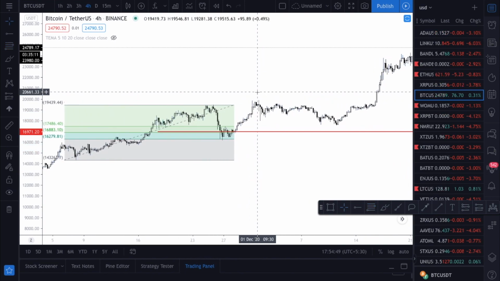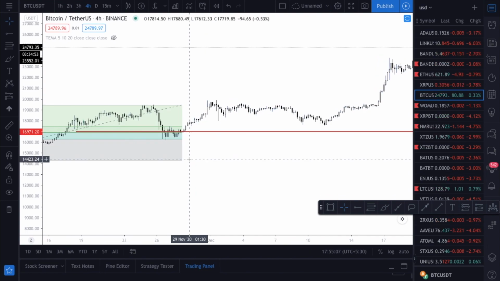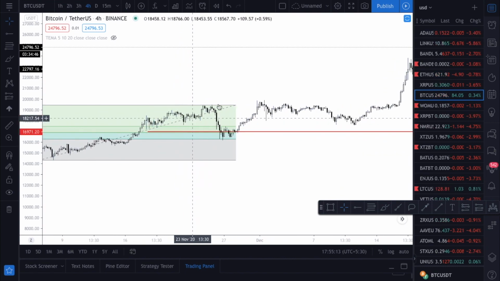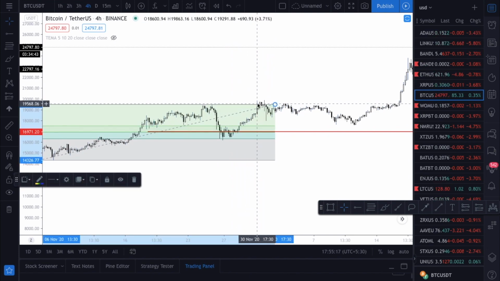Then after this, I waited for the price to correct over here, and then at this point the price finally showed rejection on the 15 minutes chart. So actually I went back to the 15-minute chart and then I saw a rejection at this point. So I entered over here, and then my first take profit was at this level, which was around